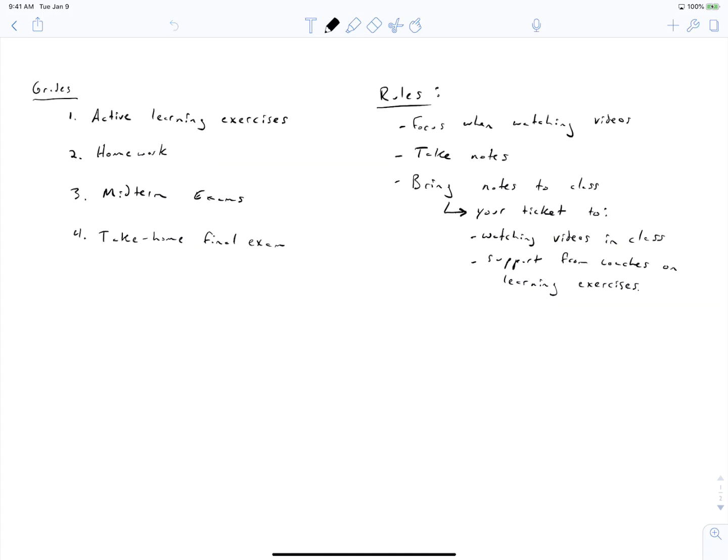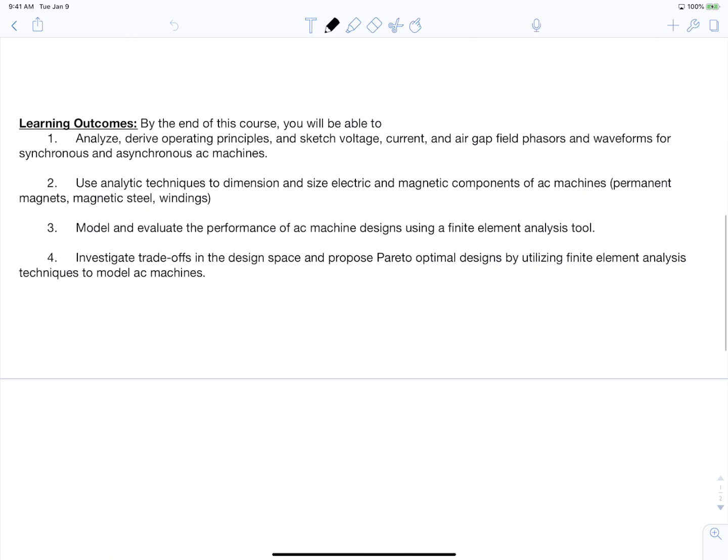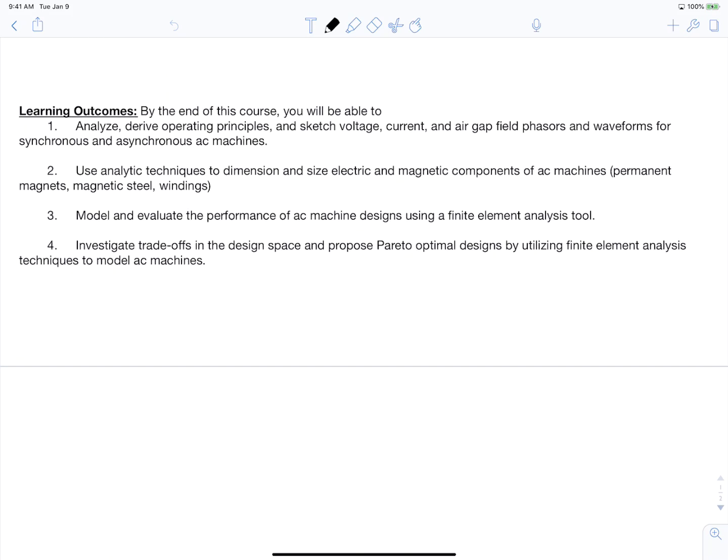Let's now review the course learning outcomes. These are the outcomes that you can find on our course syllabus. The course learning outcomes state that by the end of this course, you will be able to: 1. Analyze, derive operating principles, and sketch voltage, current, and air gap field phasors and waveforms for synchronous and asynchronous AC machines. So the first learning outcome is saying that you should be able to analyze and derive operating principles for